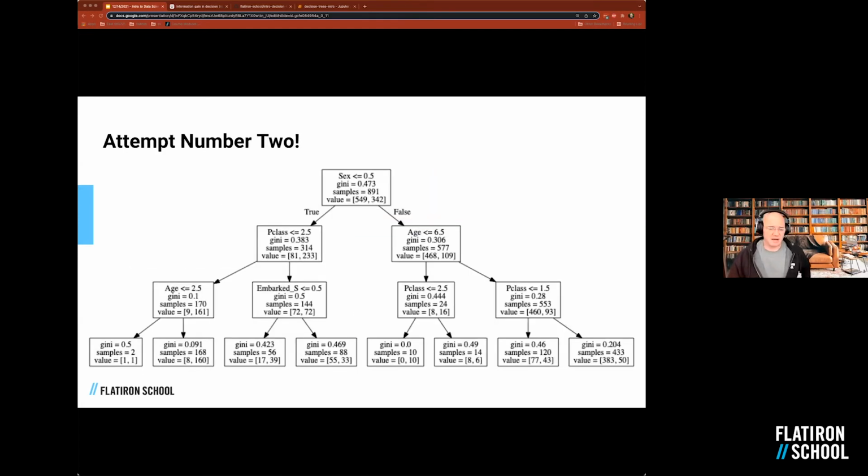This is an example of a much better tuned tree, and I just kind of wanted to step through what it's looking at. The computer, for its very first primary algorithm,